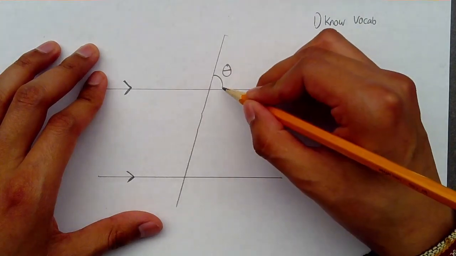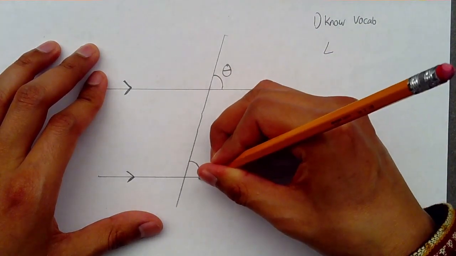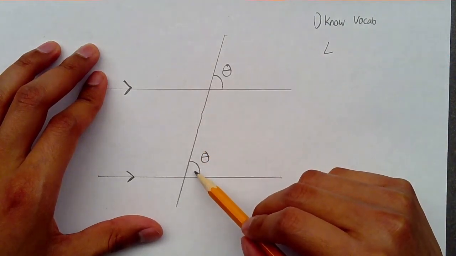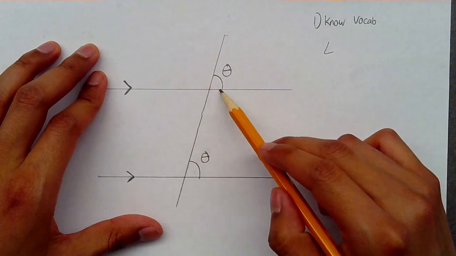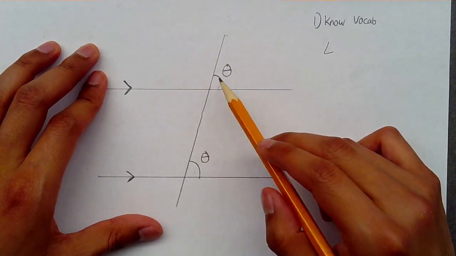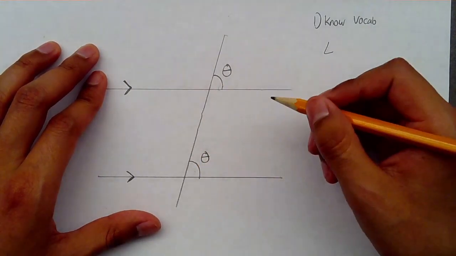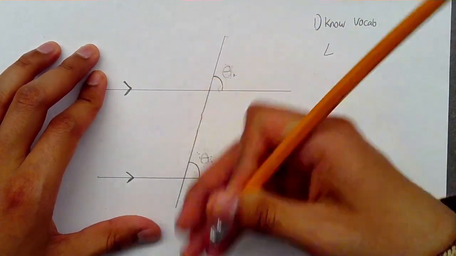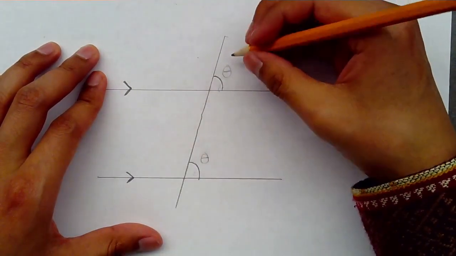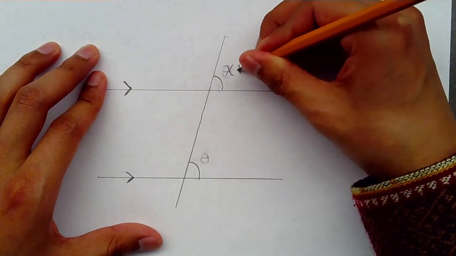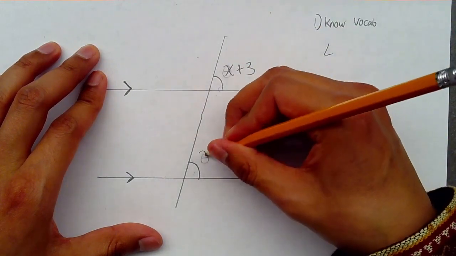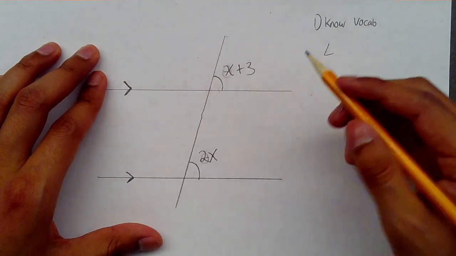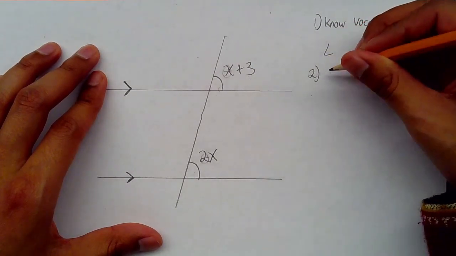If I go ahead and give you this angle right here and this other angle down here, I'm going to ask you and expect that you know that these two are corresponding angles. If I instead give you something that looks like this, let's go ahead and write down x plus 3 and then 2x. I'm going to ask you to draw or create an equation